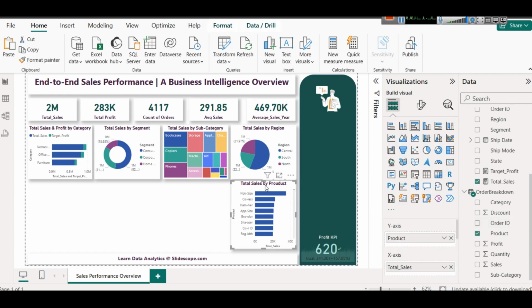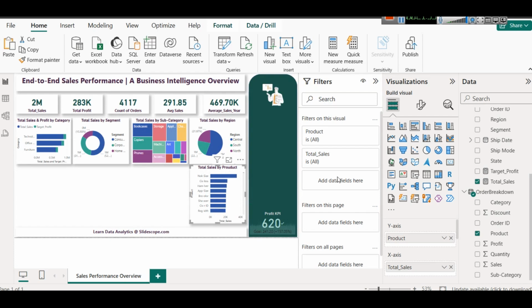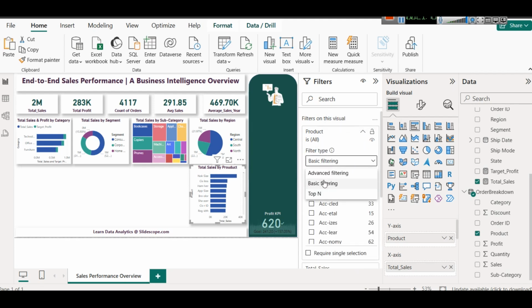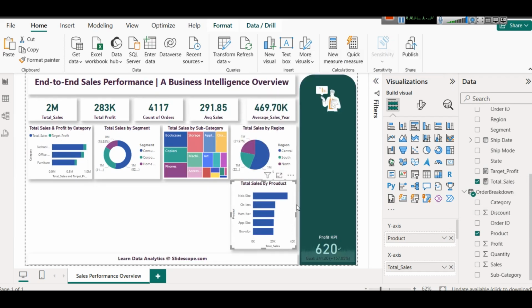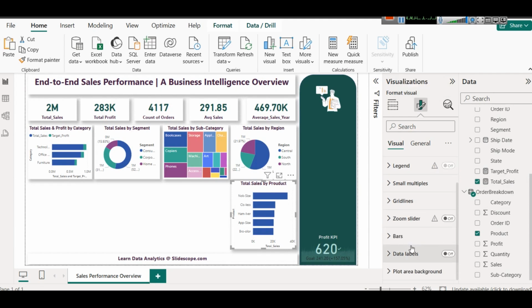Next, because we have so many products, suppose we want to select only top 5 products. So here when you go to the filter section, by selecting this visual, product is given as all. We will do top N filtering, and let's say we want to select top 5 products, and in by value I will write total sales and apply filter. So these are the top 5 products by total sales. Here if you want to show the value also, you can enable data labels, and now you can see